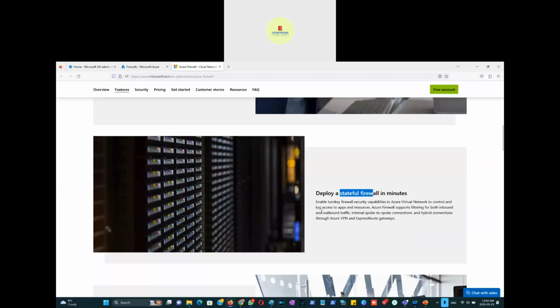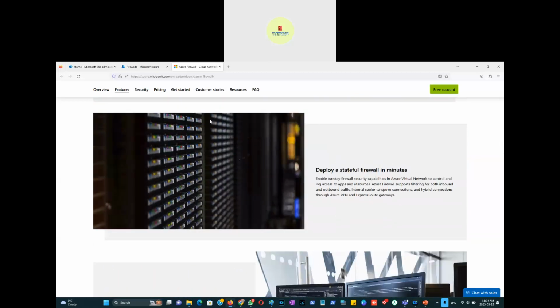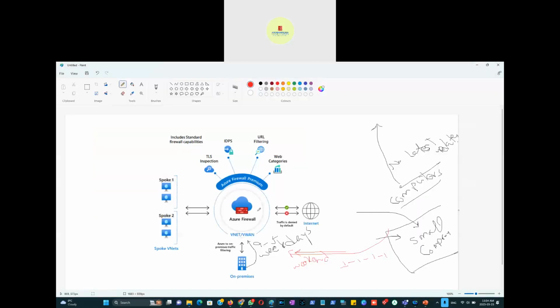So we're exploring all the terminologies around the firewall being used. Enable turnkey firewall security capabilities in Azure Virtual Network to control and log access to apps and resources. The firewall supports filtering for both inbound and outbound traffic, internal spoke-to-spoke connections, and hybrid connections through Azure VPN and ExpressRoute Gateway. So, stateful and stateless. There are two types that are available. So, if we go to a diagram here,